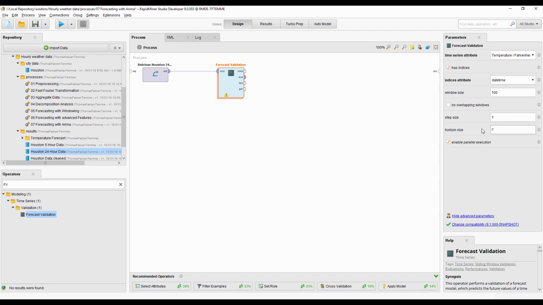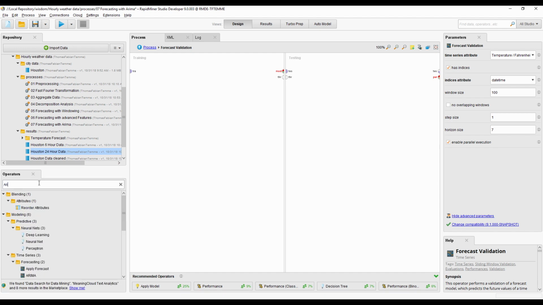So in contrast to machine learning models trained on, for example, a window dataset, an ARIMA model can forecast several days in the future, while a machine learning model can normally only forecast one specific value for one horizon offset. So inside the forecast validation, which is also executed in parallel, as you can see here, I now insert the ARIMA model,